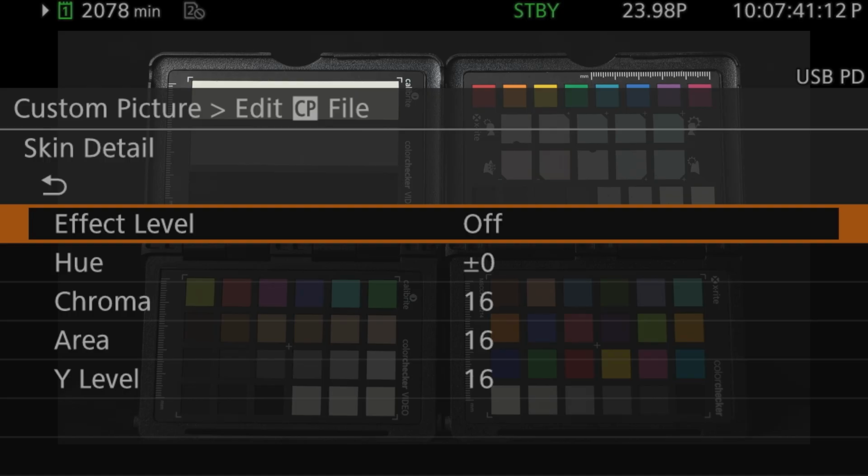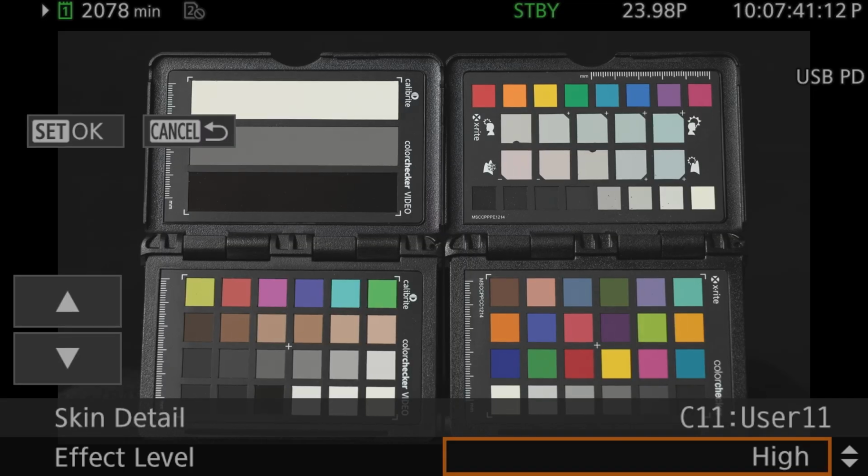So that's what it does. Now let's take a look at the settings that we have available to control it. In the skin detail menu, you will find 5 options: effect level, hue, chroma, area, and Y or luminance level. Effect level controls how much softening is applied, and the choices are off, which is the default, low, medium, and